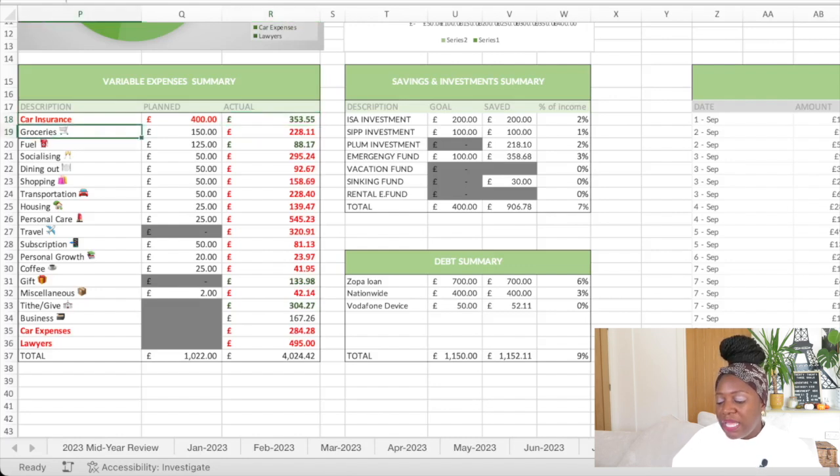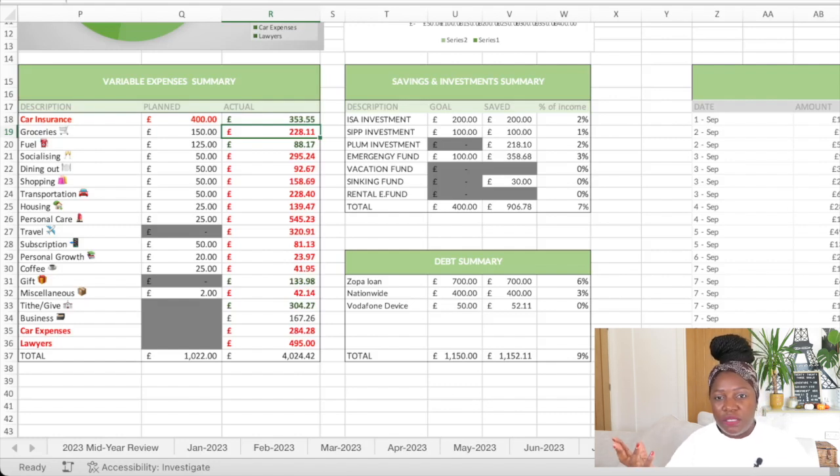My groceries, I budgeted 150. Your girl went crazy. But also, to be honest, this is not too bad for me. I used to budget normally 250, then I'd been bringing it down slowly, but obviously the month of September showed me that maybe, just maybe, I might need to increase it, but I'll probably increase it in the new year. December budget would definitely have more on the groceries than normally, because it's the festive period, but I actually spent a lot more because I had a lot more people at my house in the month of September, so that is why. Fuel, I was surprised that I only spent 88 pounds, which obviously I'm not mad about,